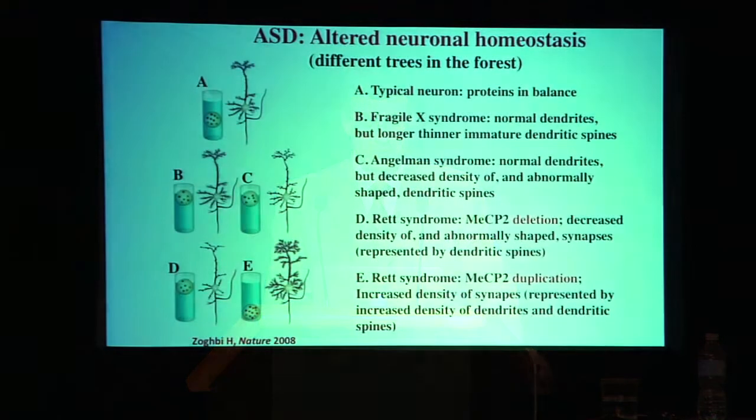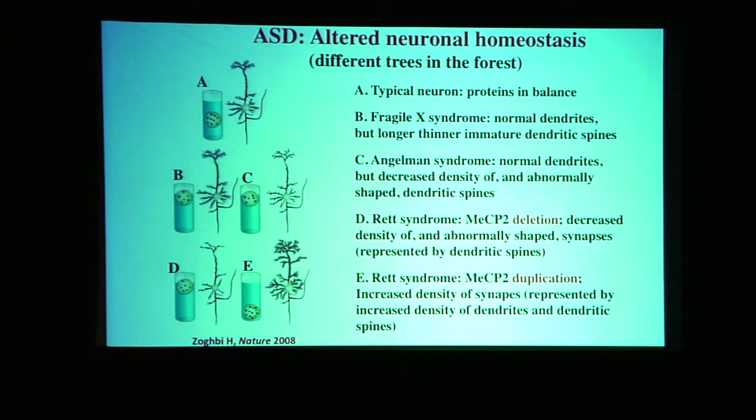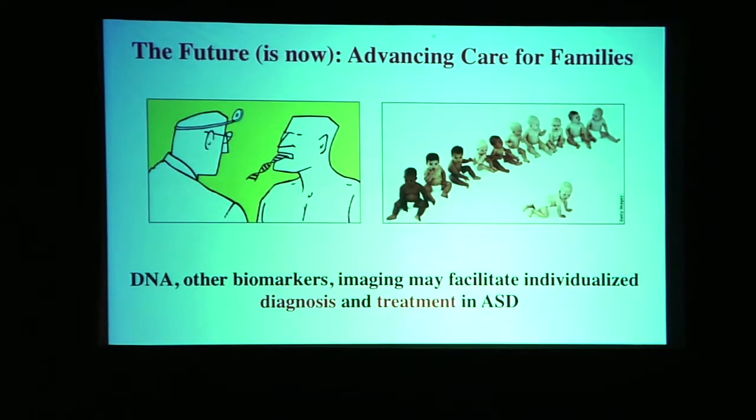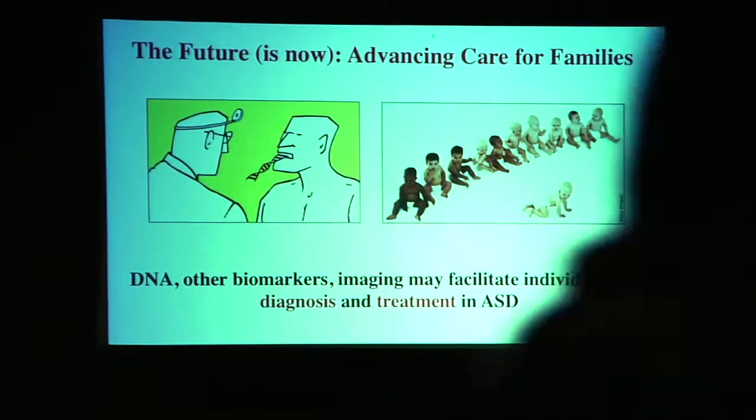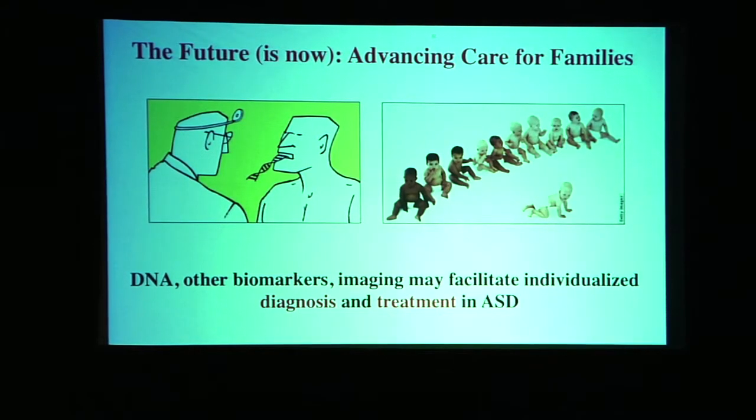Similar observations in other autism genes that have been identified put forth the hypothesis that perhaps most or all of autism is in some way or another linked to synapse development and function. In other words, different trees with different branches in the forest. So what now? As I've shown through scientific investigation, we've started to crack the autism enigma, but